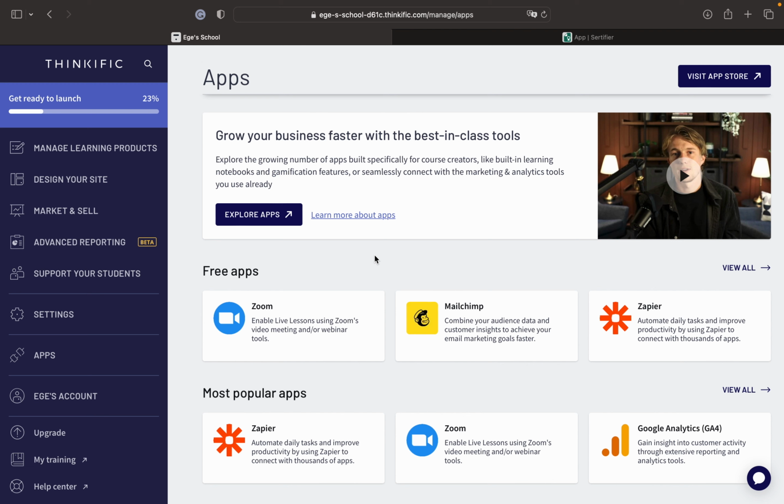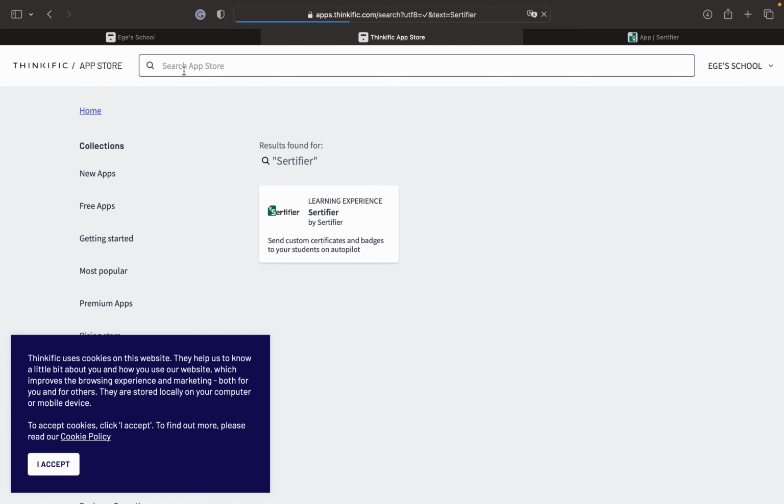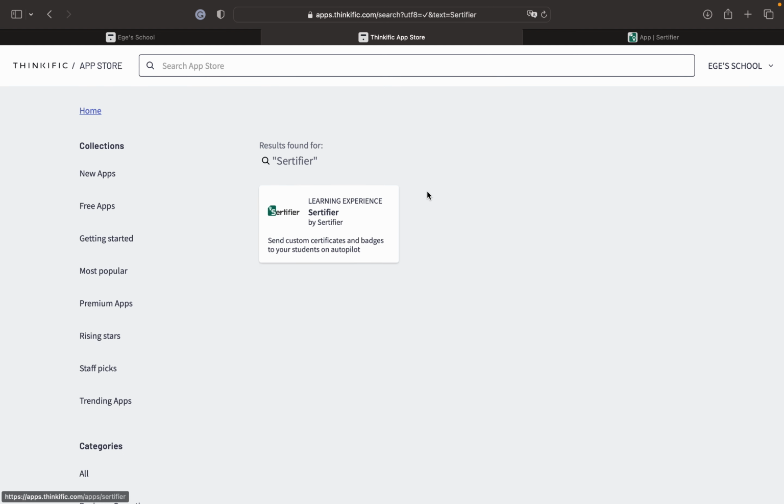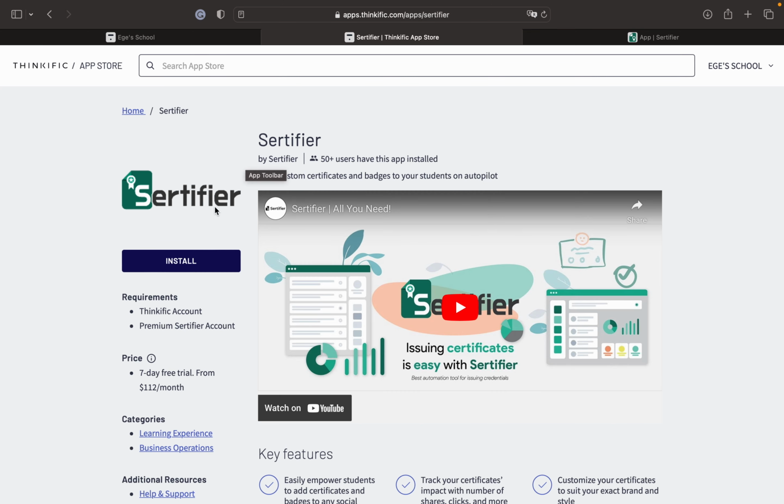Now, how we can achieve this is, first we start from our Thinkific application and we go into the apps, which I am here right now. And then you can press Visit App Store to get a full list of all the products that Thinkific has to offer for integrations. And we search Sertifier, we find it, and then you can start the integration flow by